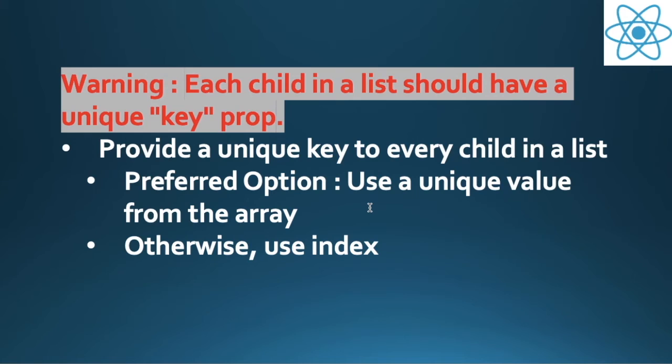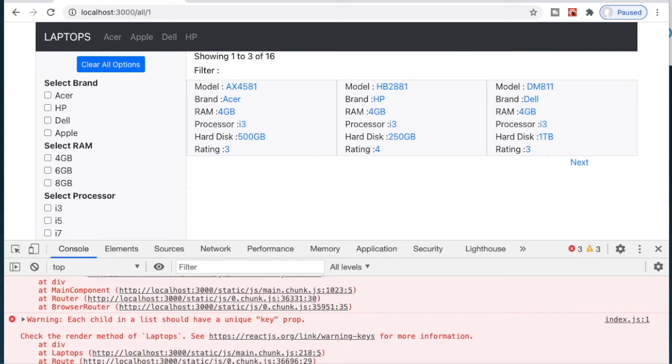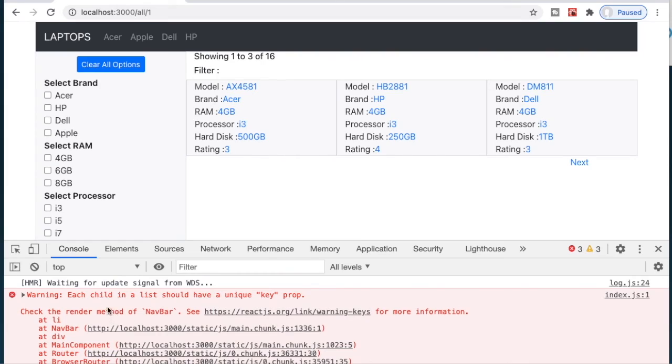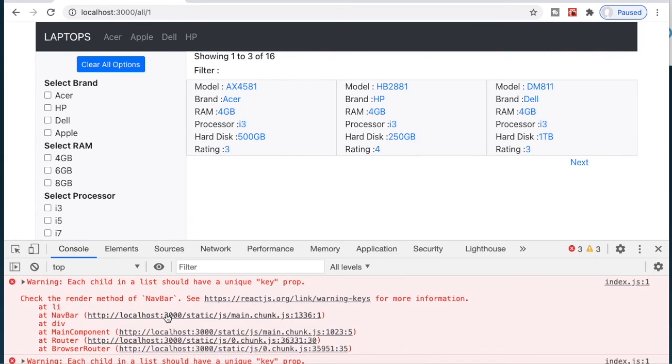In case we are not able to do that, or we don't know anything about it, we will use index as the default option. So let's go ahead and see it. The first error that we get here is: check the render method of Navbar. So in the Navbar we are getting this error. Let's go ahead and fix it.